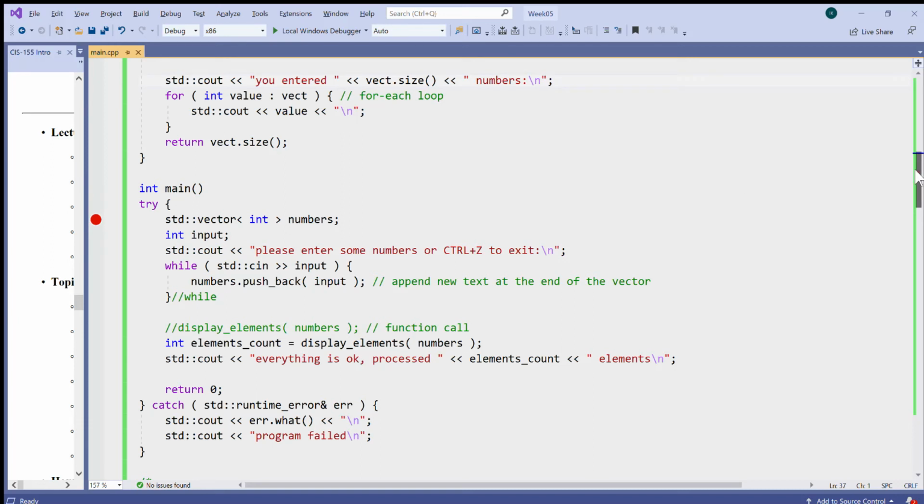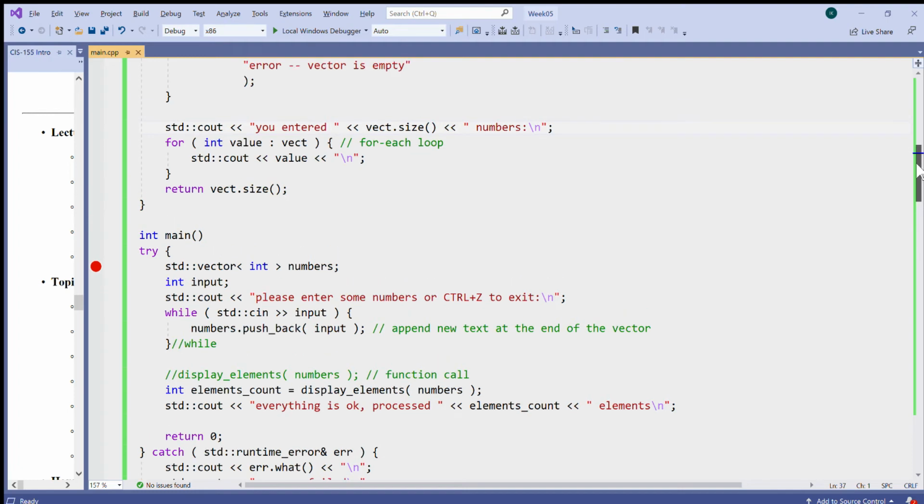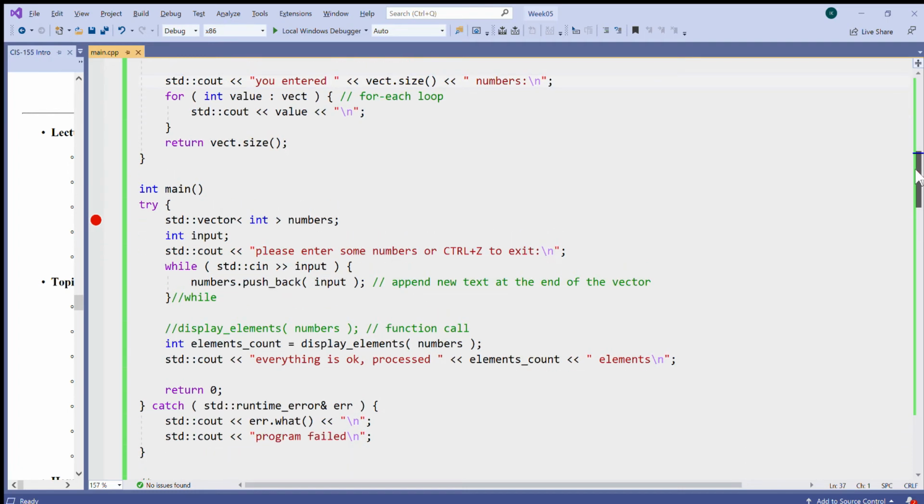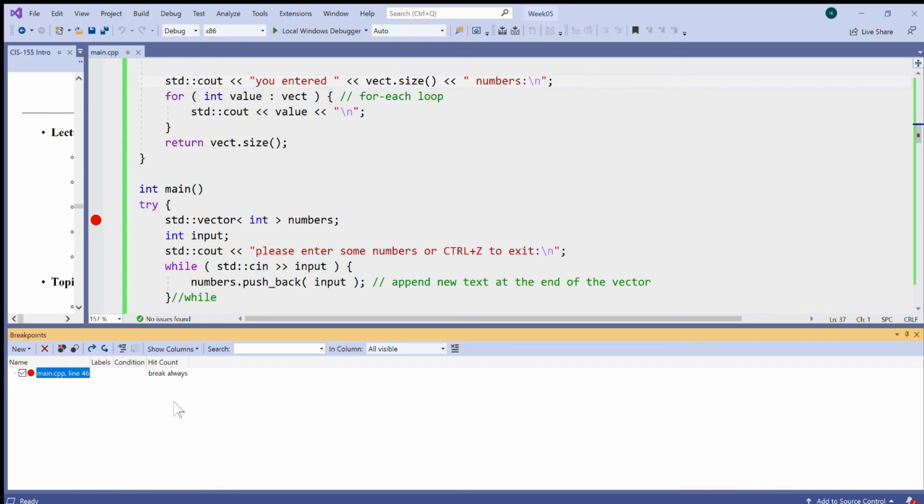So let's continue with another example. Instead of continuing what we just did, I would like to create yet another version of the main function to test something else. But I also advise you, once you're done with your debugging session, and you see I still have this breakpoint. In fact, you can go to Debug, Windows, and Breakpoints, and you can display the list of all breakpoints. You can have more than one,